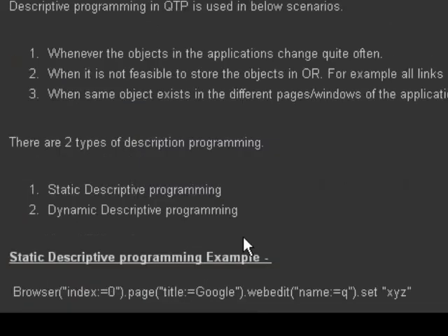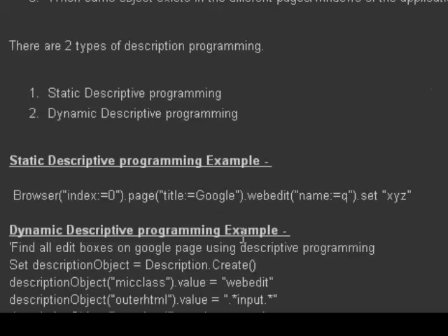There are two types of descriptive programming: static and dynamic. Both static and dynamic descriptive programming are used to find the objects using properties and their values. In static descriptive programming, we use one-liner statements, where we mention the properties and values just in front of the class of that